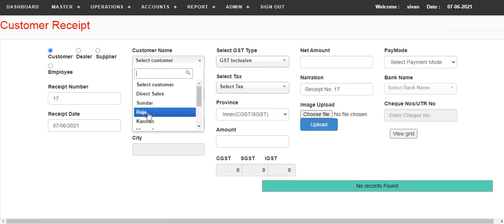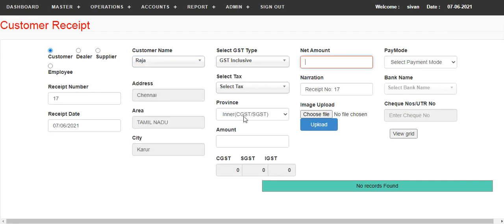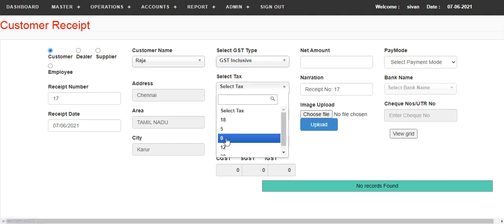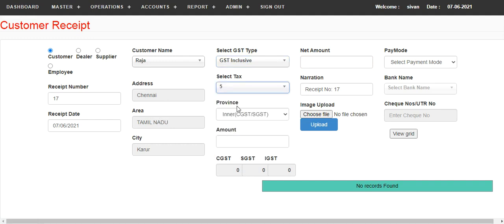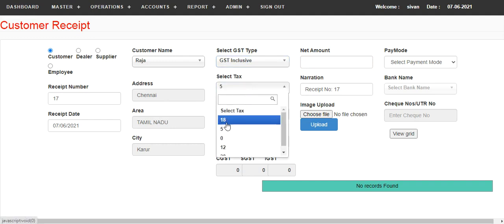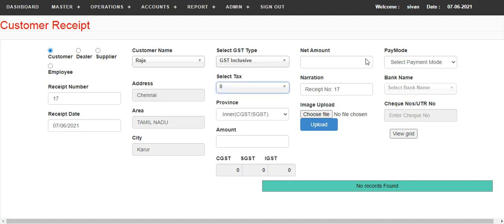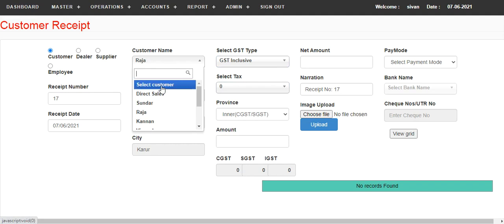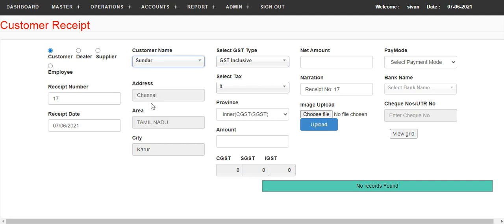In case of customer, you can select that, and automatically it will show you the net amount you have received from him, the type of GST, GST inclusive or GST exclusive, and the tax amount. If you select the tax amount, it will show you the receipt number, and you can enter the amount you have received, or you can select some other customer name.